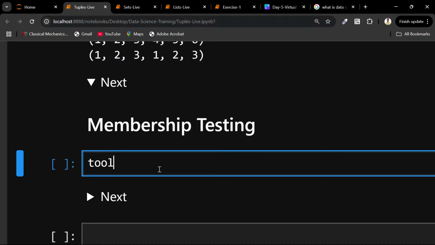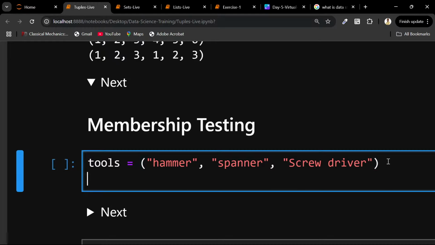So let's say we have tools, and we have a tuple. Let's say we have hammer, we have spanner, and we have screwdriver. Good. Now, sometimes you would want to check if an element is a member of a tuple. Do you get it? For you to do that, you use the in operator. So print, let's see if